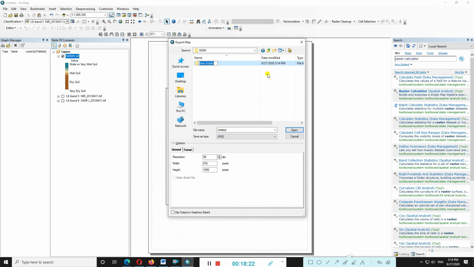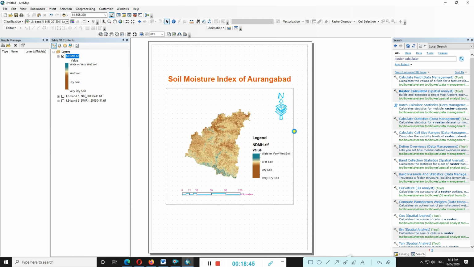In between there we create the one option, map. Just file name of soil moisture index of Aurangabad district. Okay.